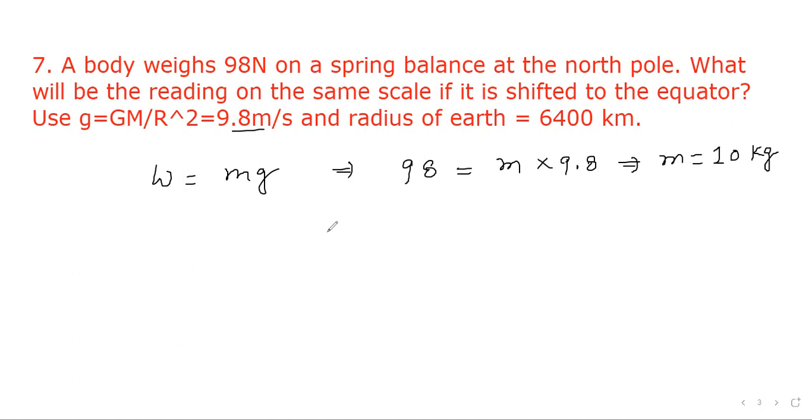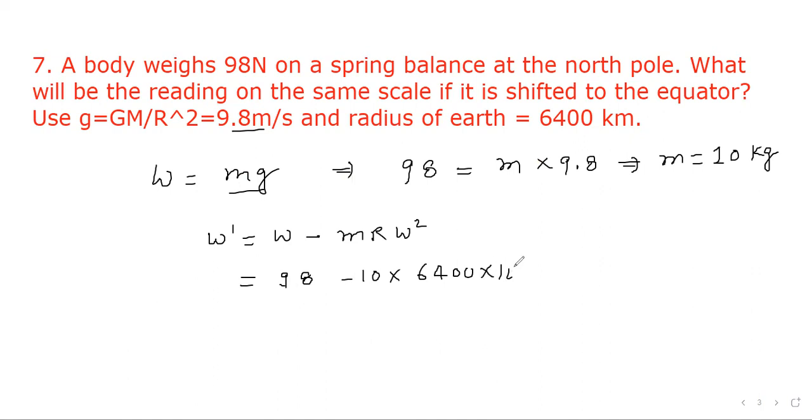Now, the question says, what will be the reading on the same scale if it is shifted to the equator? So weight at the equator is given by W dash equal to W minus m r omega square, where omega is angular speed and r is the radius of Earth. So we can say the true value mg, 98 found at the pole, minus m r. The mass we have found as 10 kg. The radius of Earth is